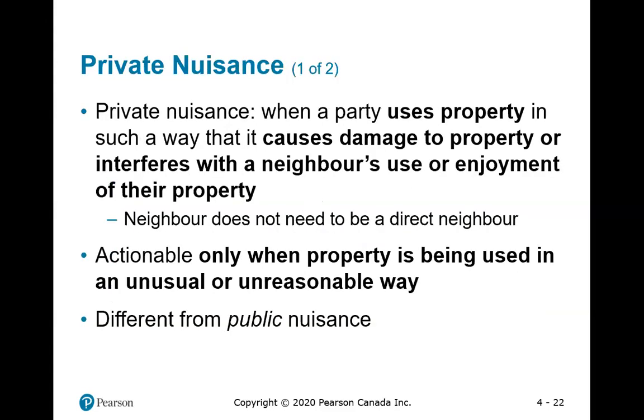Now, private nuisance. Private nuisance is when our right to enjoy our property is interfered with by someone else. So I have a swimming pool, and then there's this neighbor flying a drone every time my family and I are in the swimming pool. So they are interfering with our right to use our swimming pool because they are surveilling us. This is an example of private nuisance.